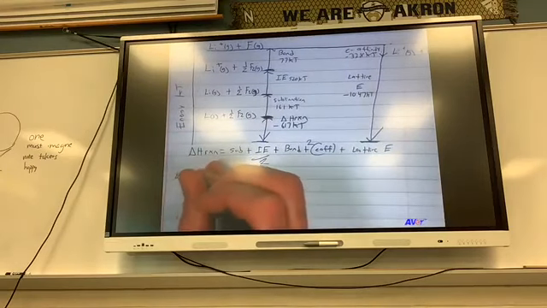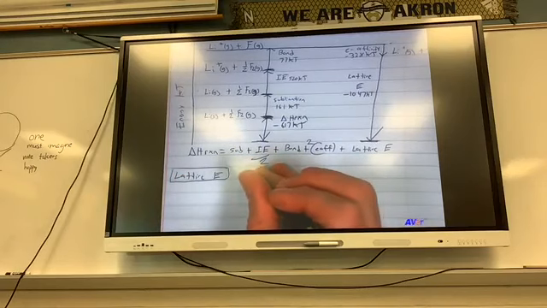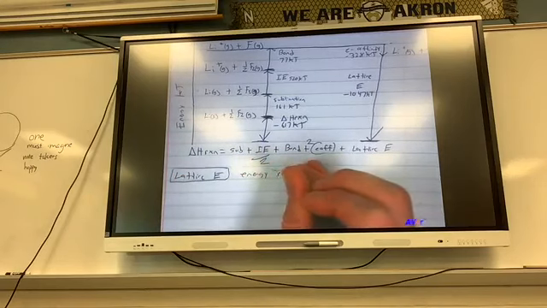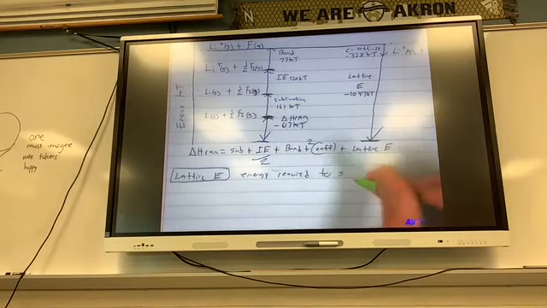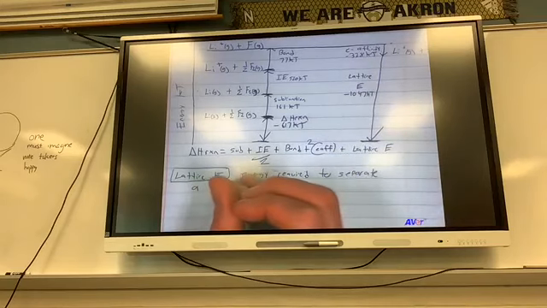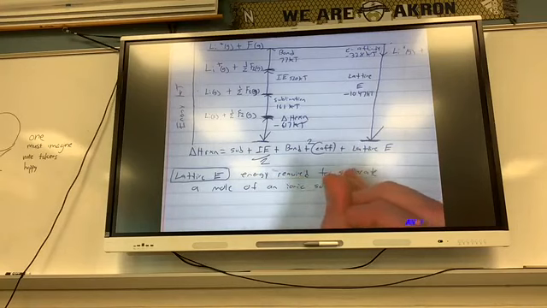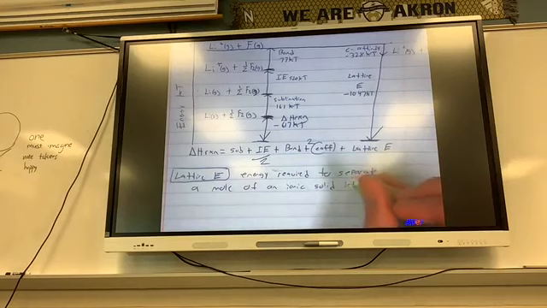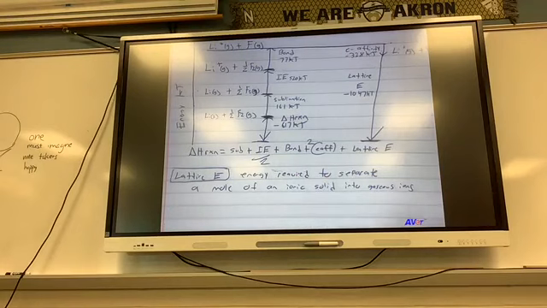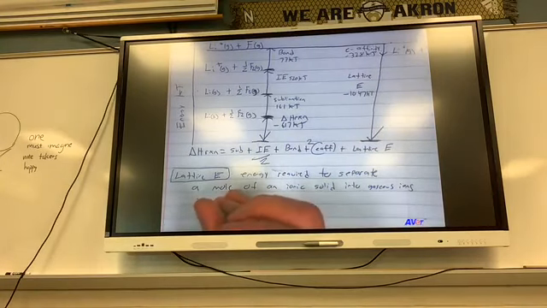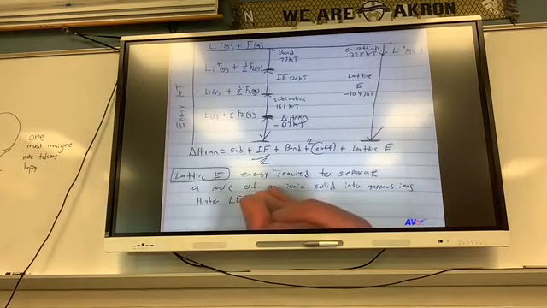If we're going to define lattice energy, it is, once again, the energy required to separate a mole of an ionic solid into gaseous ions. So if I asked you which one has the higher lattice energy, I could say CaF or